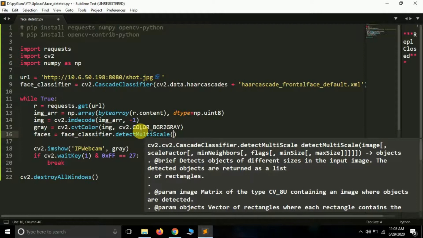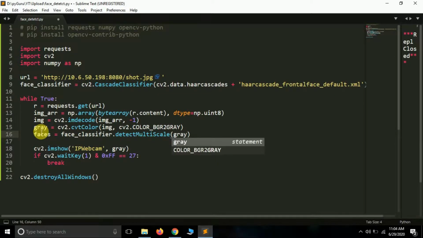The image that I want to detect faces from is the gray one. I'm not going to detect from the colored one because it will take a lot more time. So pass this gray here, and then the scale factor, which I'll pass as 1.04, and then min neighbors, which will be 6.